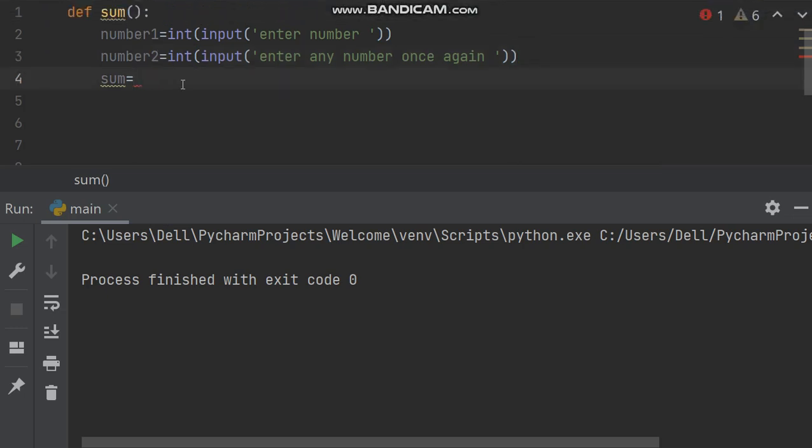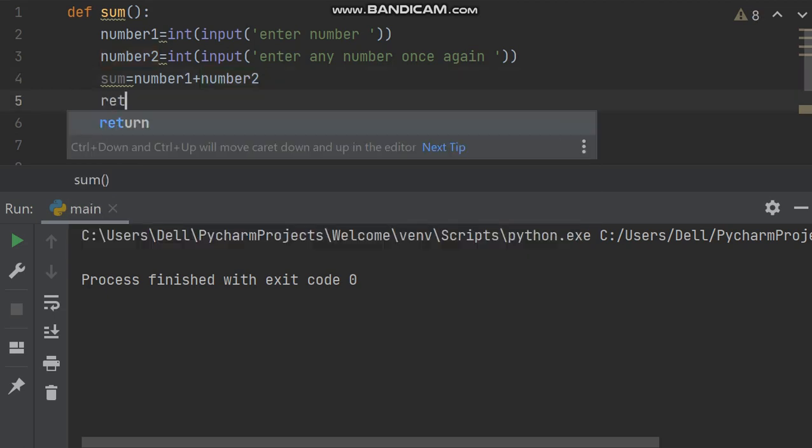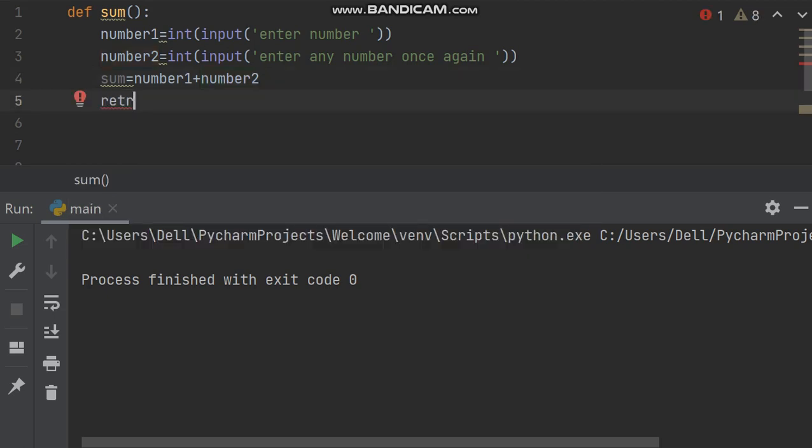Now sum equal to number 1 plus number 2. Number 1 plus number 2 will come in sum, and then return sum. So this is the function.